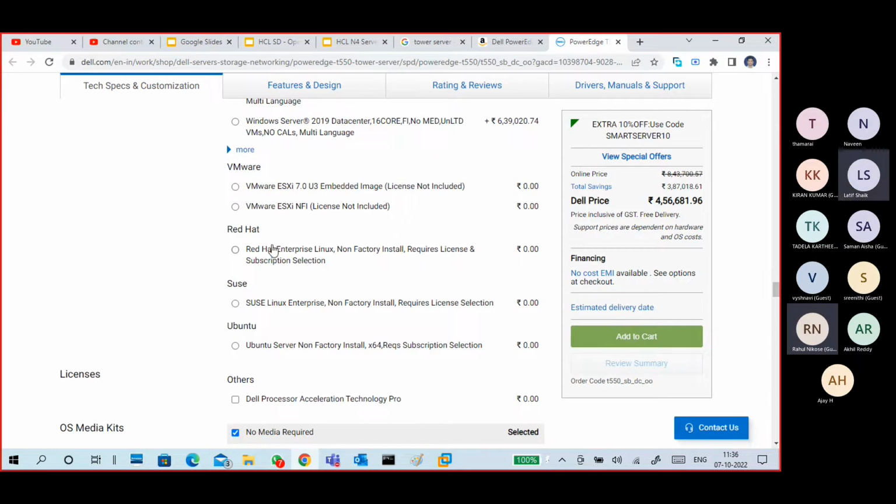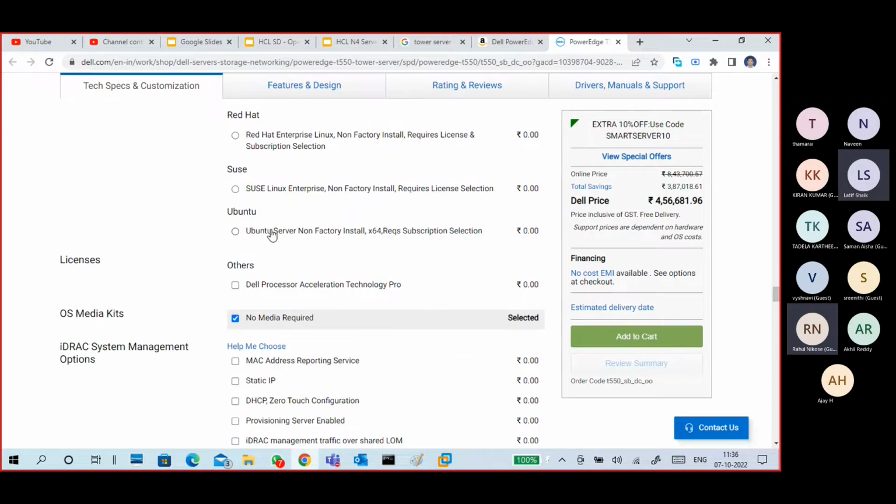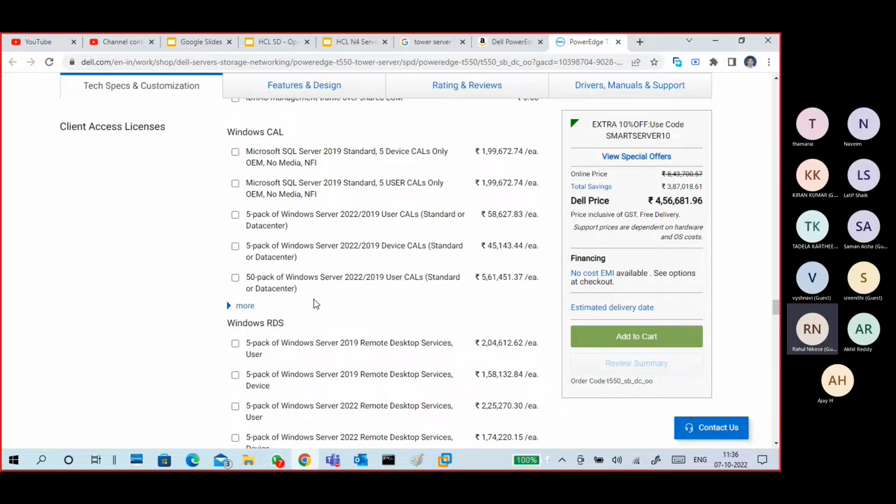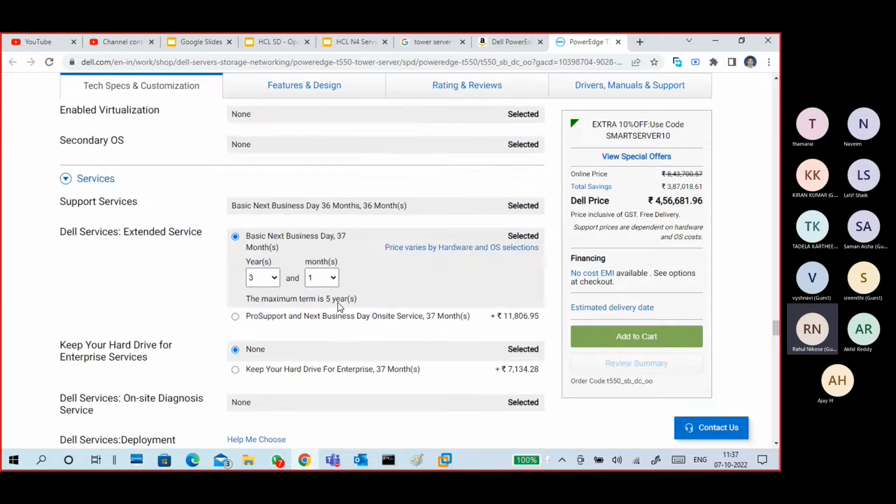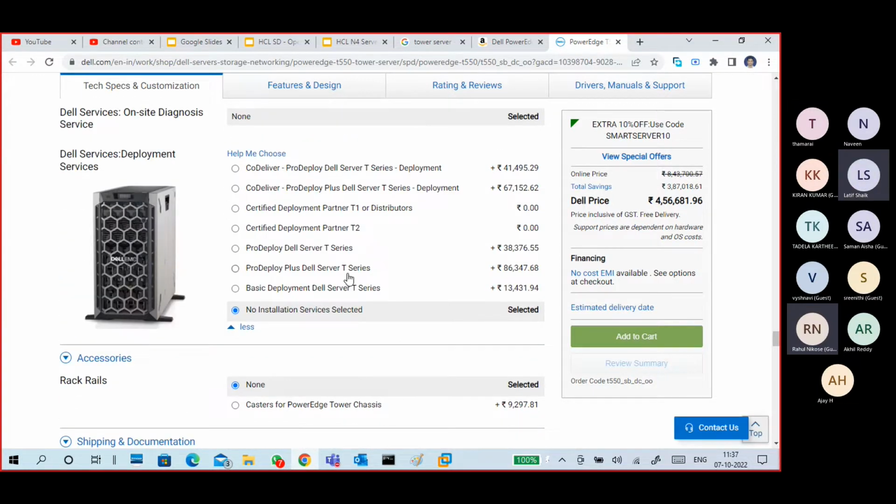This is VMware or Red Hat, SUSE, Ubuntu. Which operating system do you want? Okay, so you can select it. Okay, guys. So these are a different set of